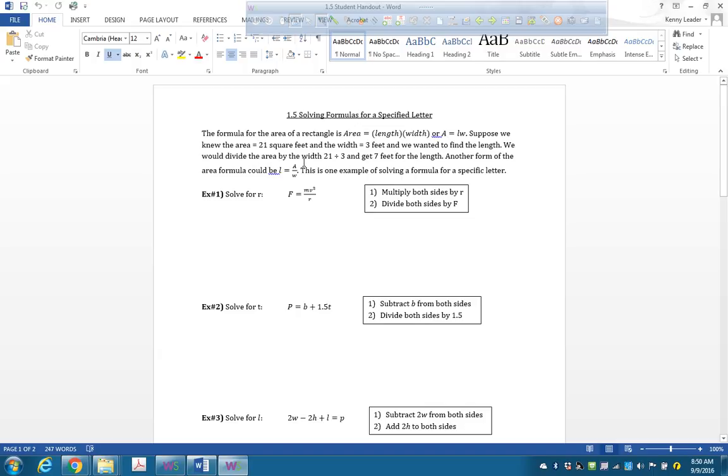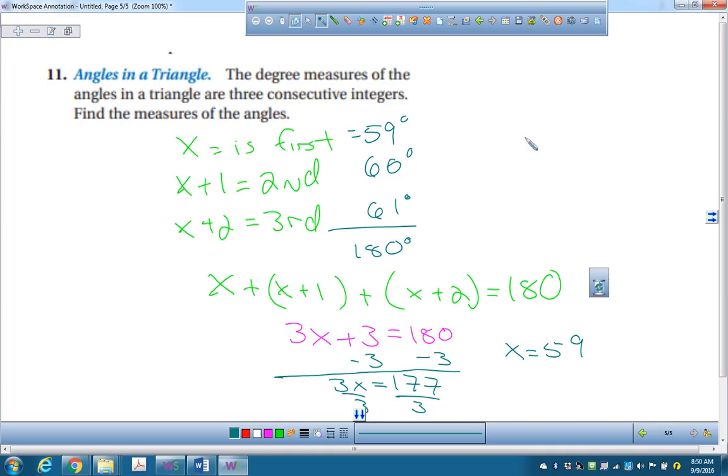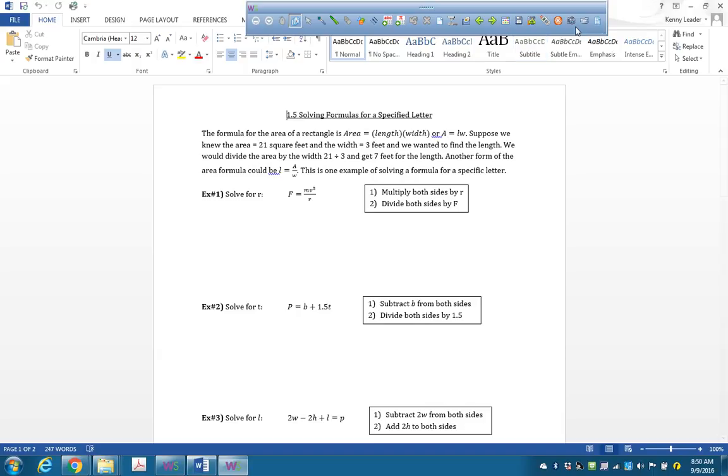Another way is to put it into a different form. Solve for L in this, instead of having that, whoops, wrong thing. How do I get back there? So instead of having